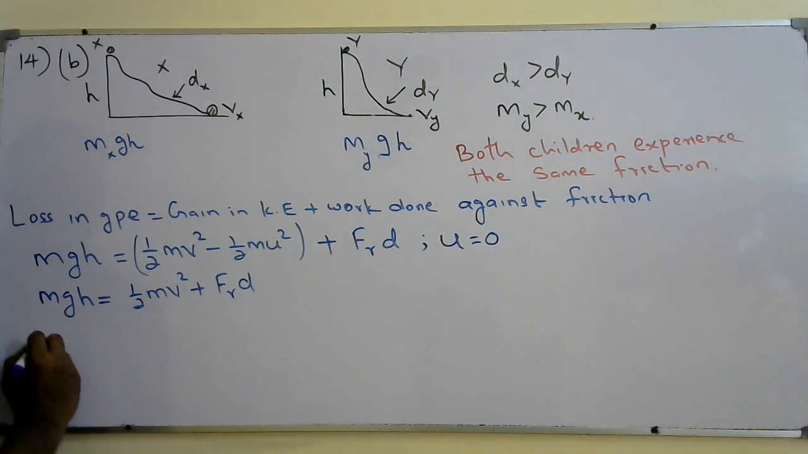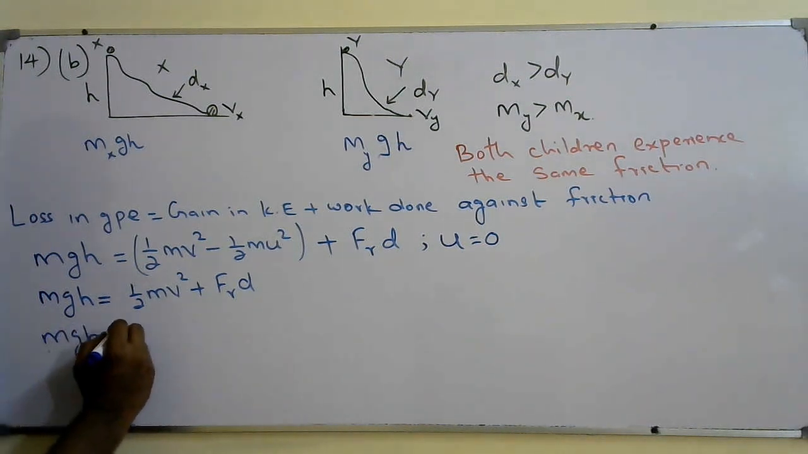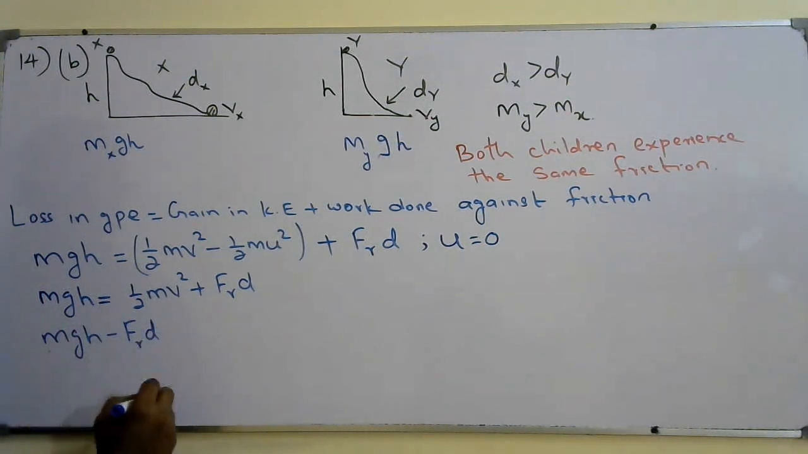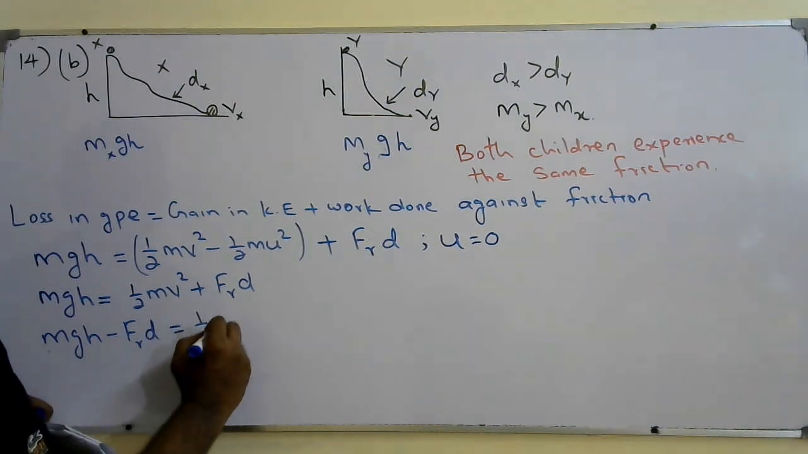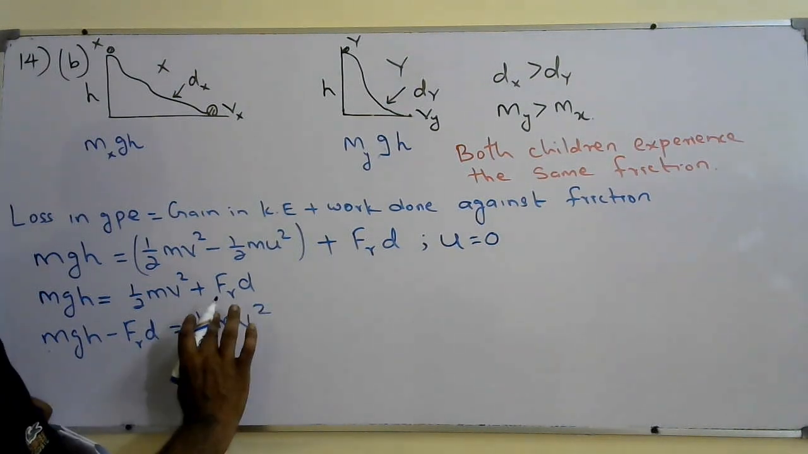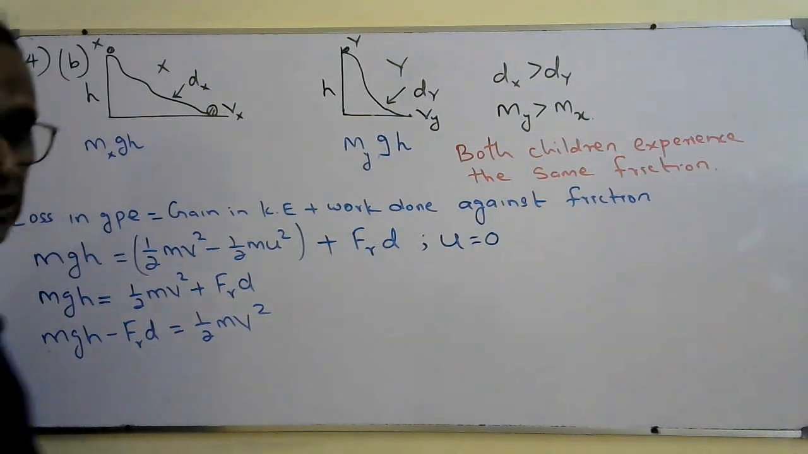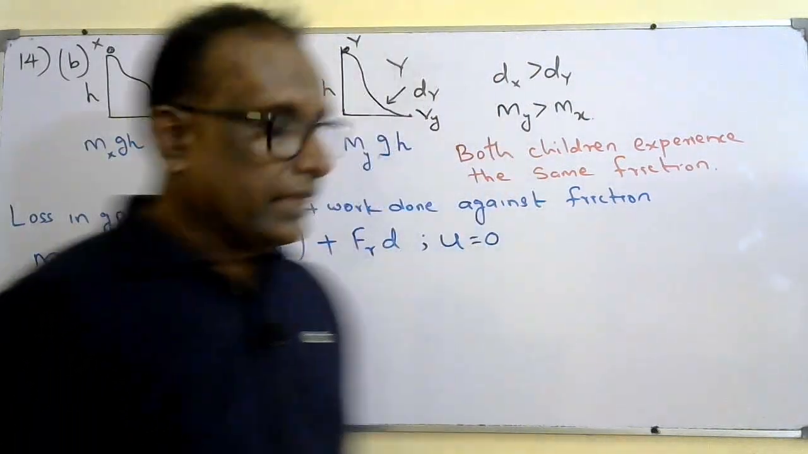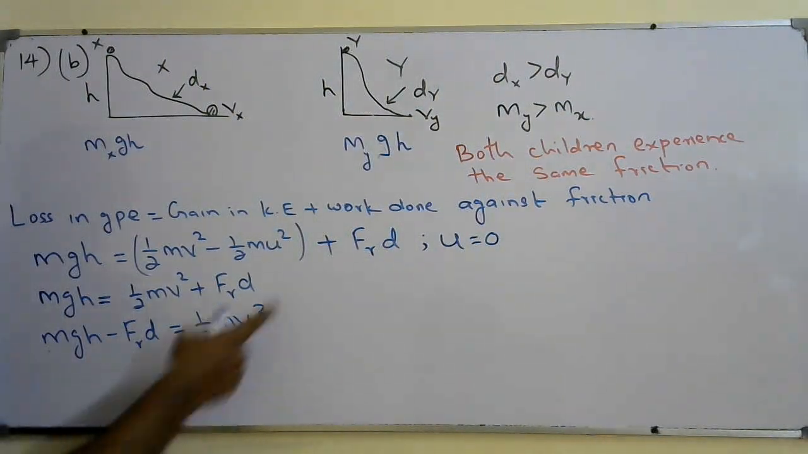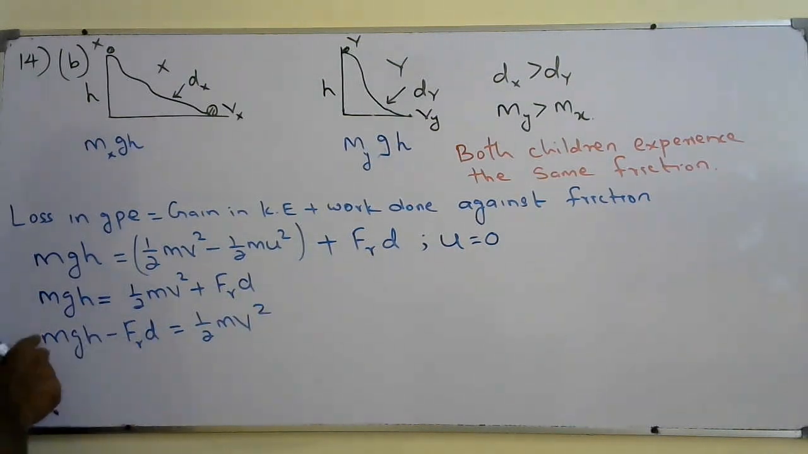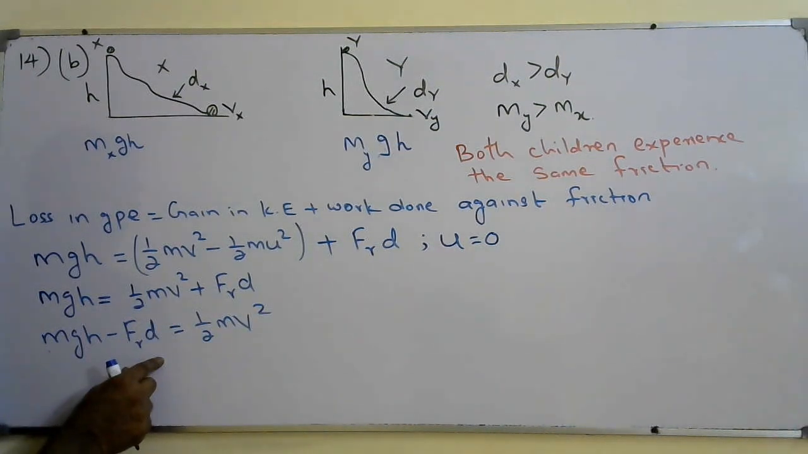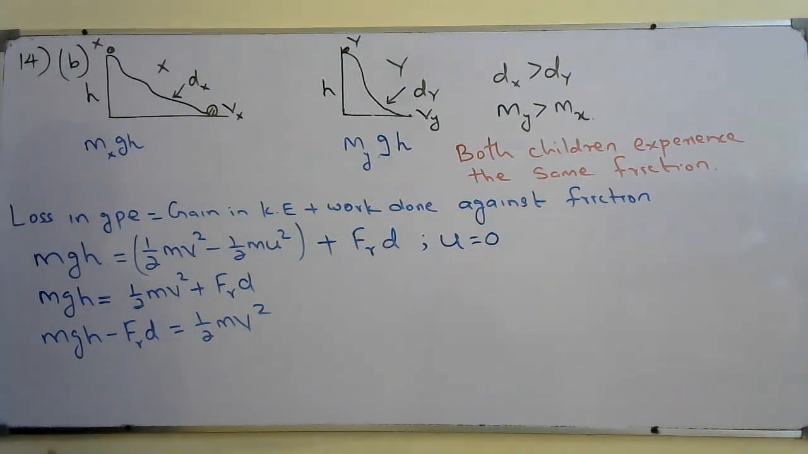Bring it to the left, that is mgh minus Fr is the friction, Frd equal half m v squared. Sorry, here m will not get cancelled because the friction has no mass. So earlier this was not there, we were able to cancel them, here we can't cancel them. So we will make the v squared subject, cross multiply by 2, you will get